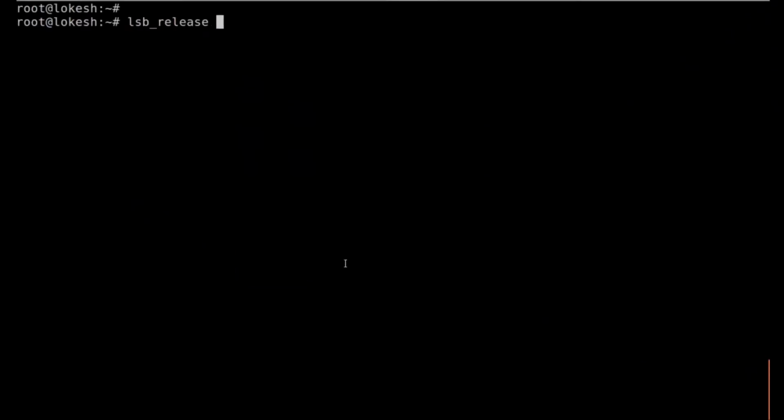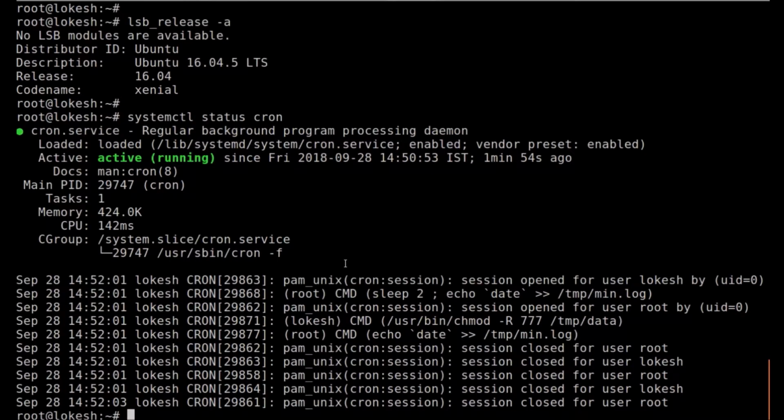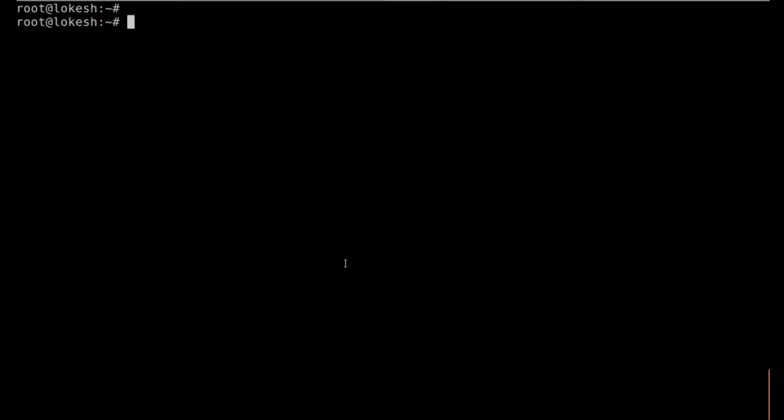First we check the LSB release. It's Ubuntu 16. Now we check the status of the cron daemon. It's working and running. Now we create a cron file in the cron.d directory, /etc/cron.d,